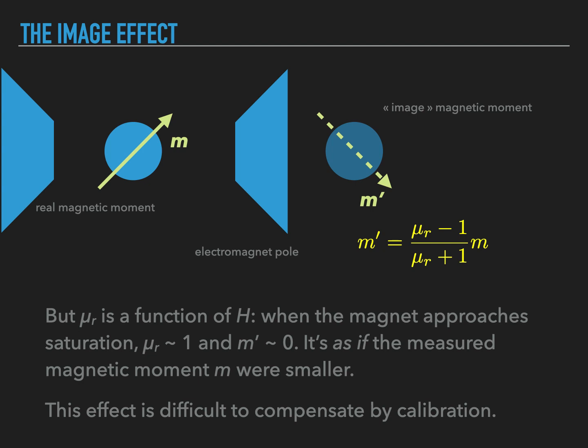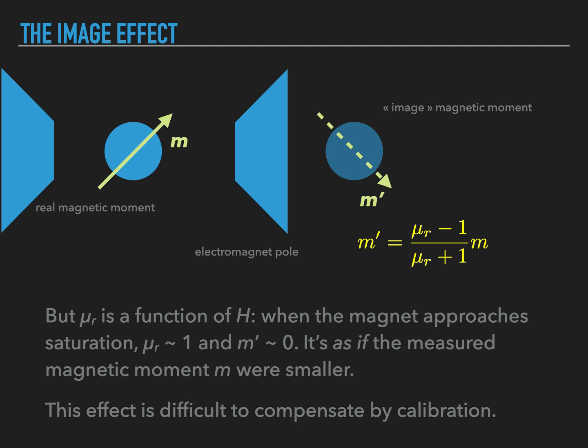Unfortunately, this mirror effect depends on the relative magnetic permeability of the material of the magnet. So, when you start approaching the saturation of the magnetic material of the magnet, its relative magnetic permeability is no longer constant. It goes close to 1, to unity. It can be shown by calculation that in these conditions, the mirror magnetic moment, the image magnetic moment, goes